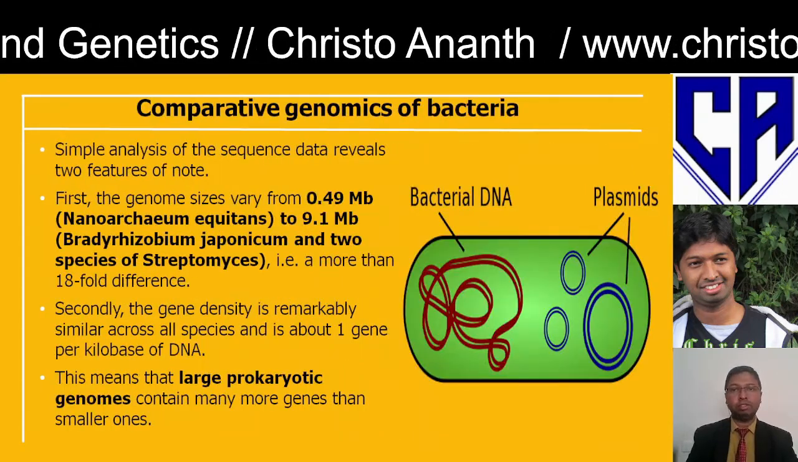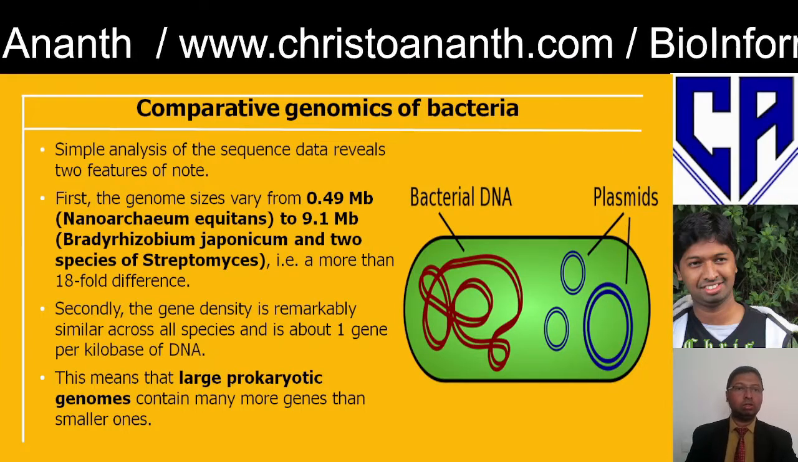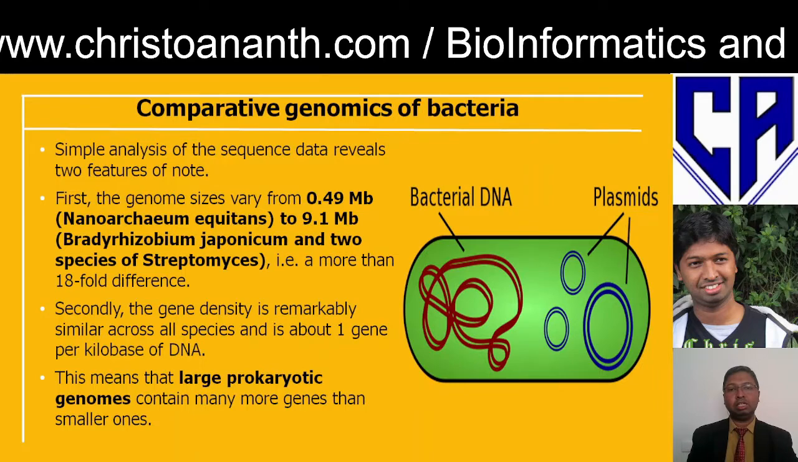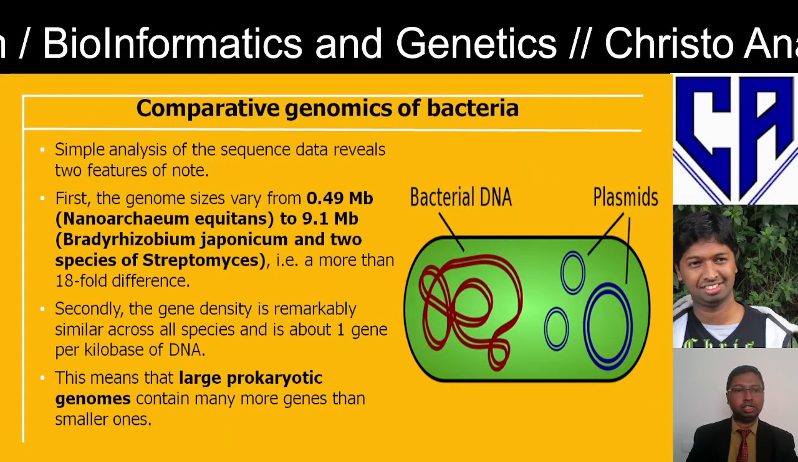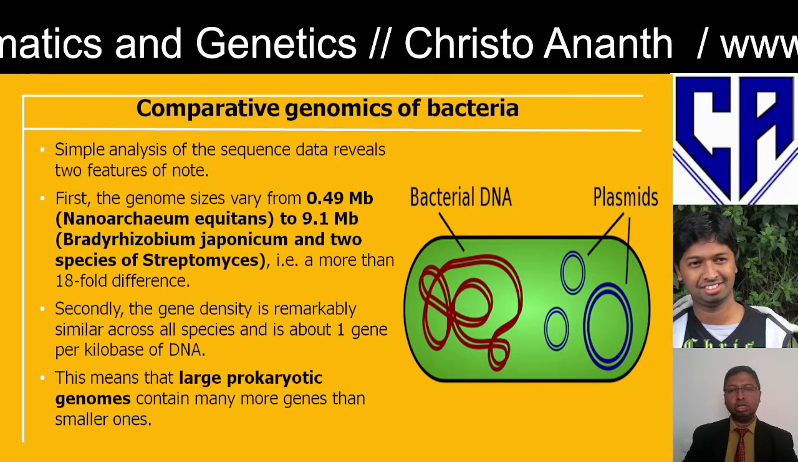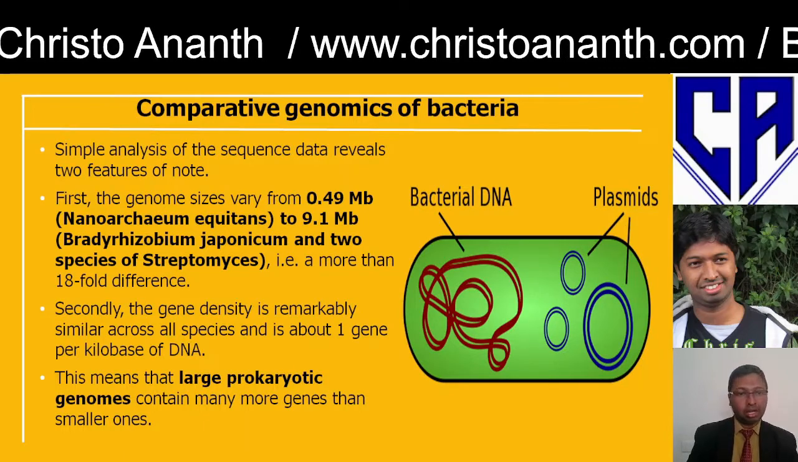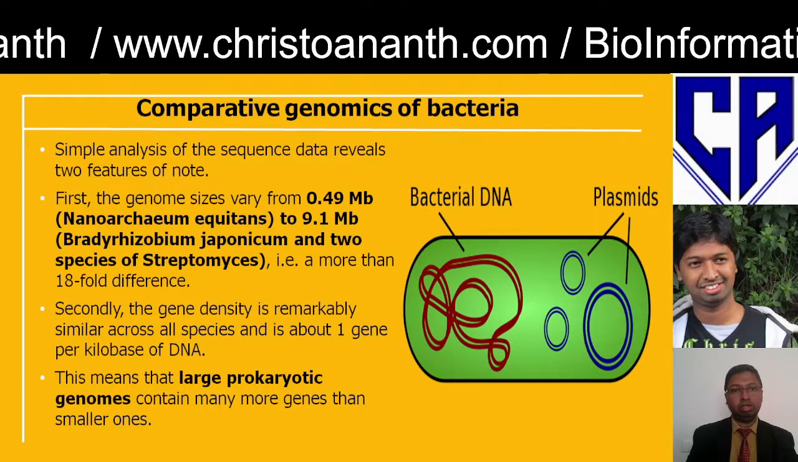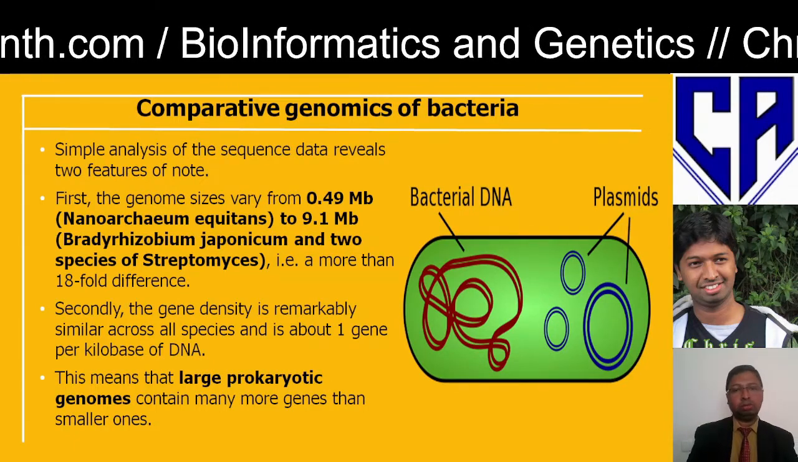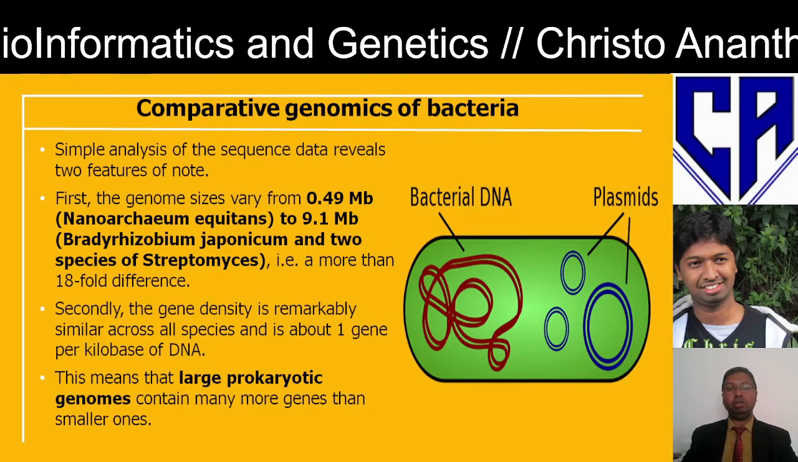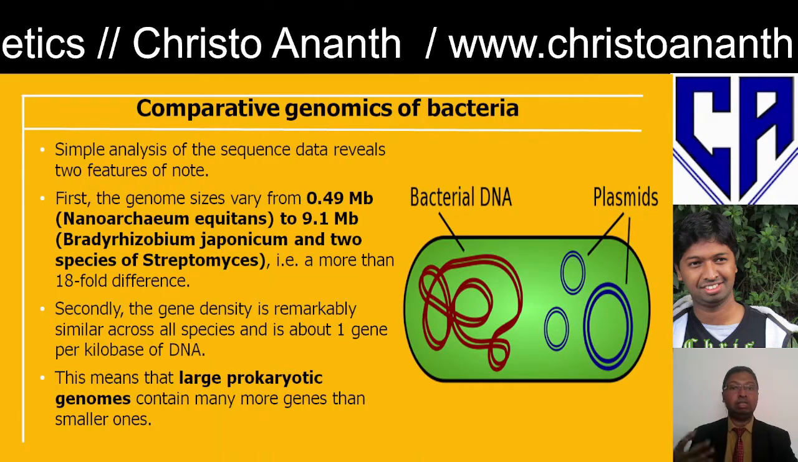So this is the comparative genomics of bacteria. We'll have bacterial DNA and then the plasmids. So the genome size will vary from 0.49 megabases, in the case of Nanoarchaeum equitans, to nearly 9.1 Mb, in the case of Bradyrhizobium japonicum and two species of Streptomyces. So if you compare 0.49 and 9.1,